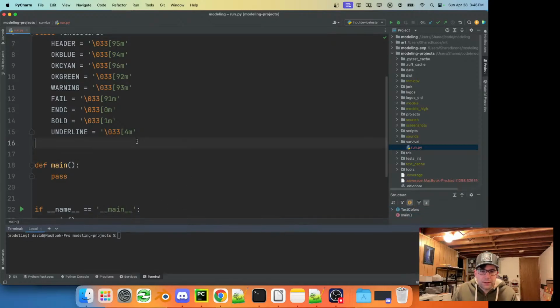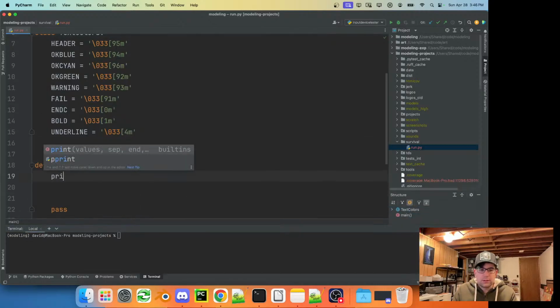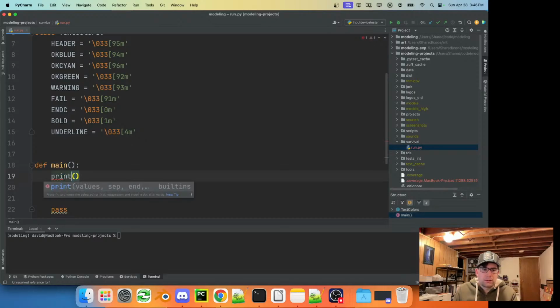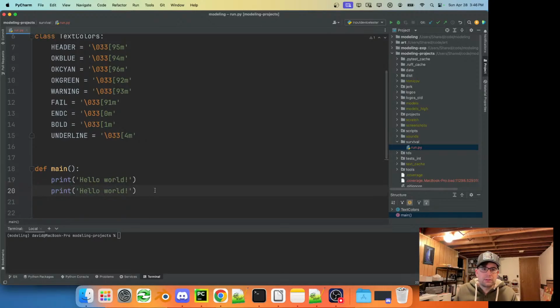I think the way that this works is if we print out a starting color, and then, I think this is actually just codes that are copied from the Blender build scripts. Oh, here we go.